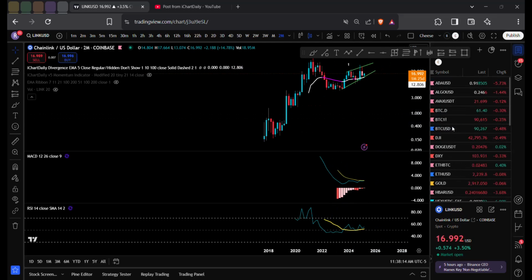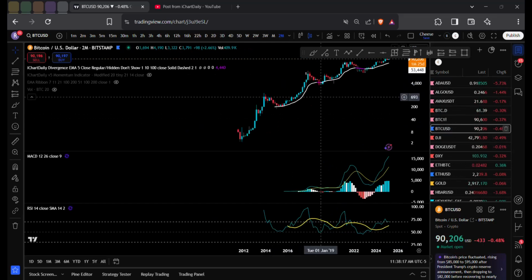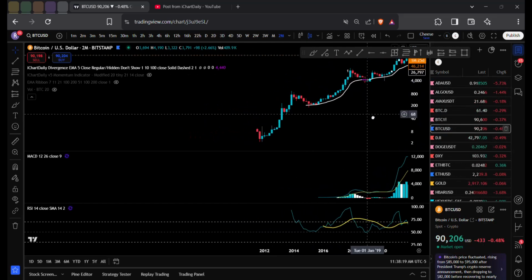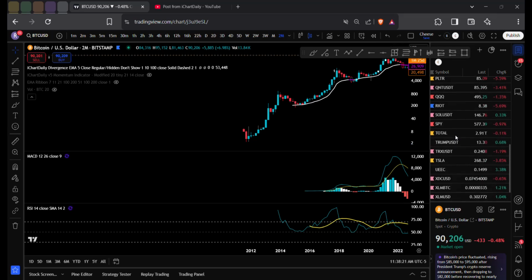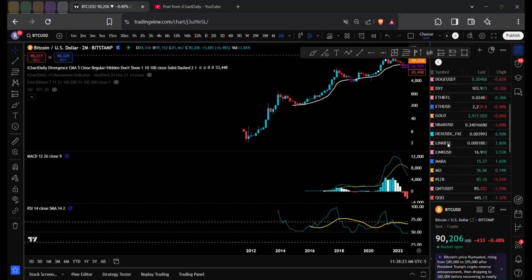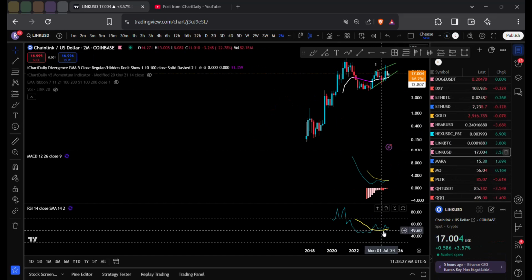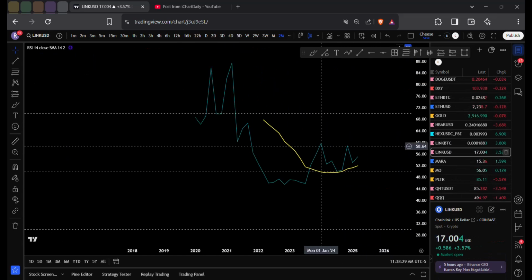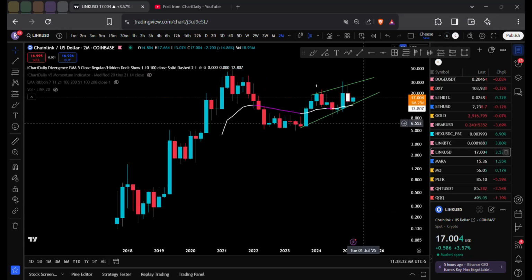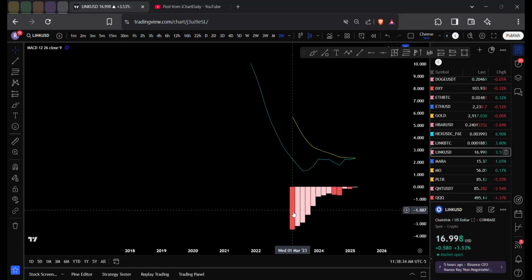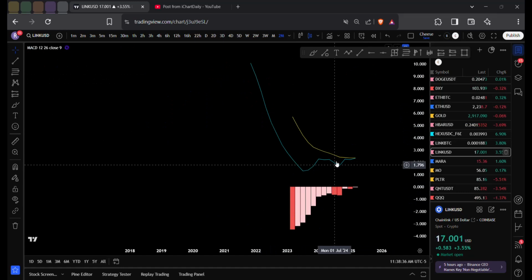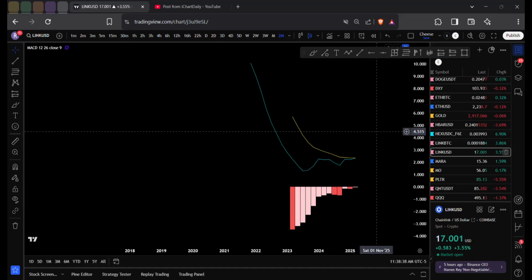Let me show you an asset that has data of a 2-month setup, like I just showed you. So let's go to Chainlink. Chainlink, we're above the 50. We're forming support at the moving average. On the MACD, volume is coming down, we're above the histogram, forming higher lows, and we're about to have a golden cross.